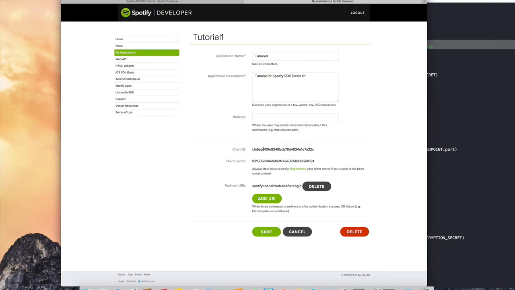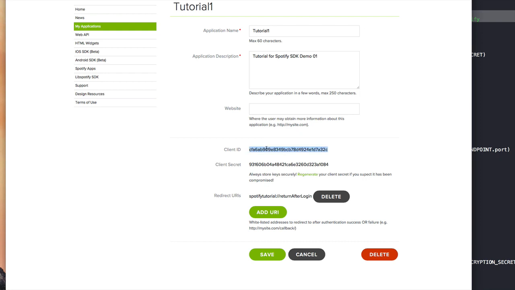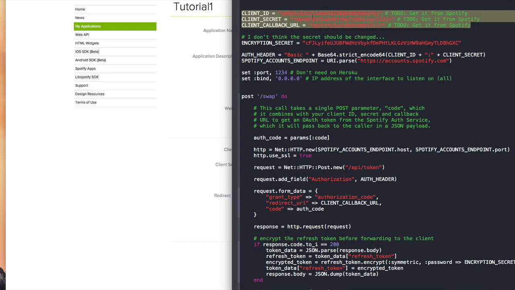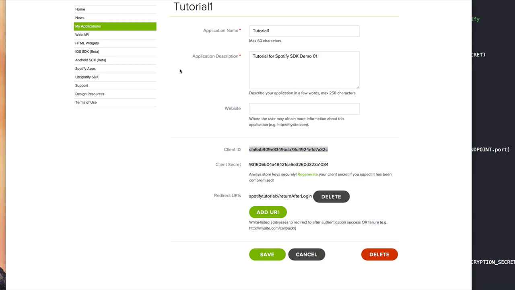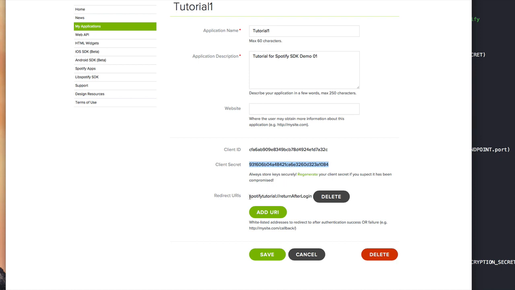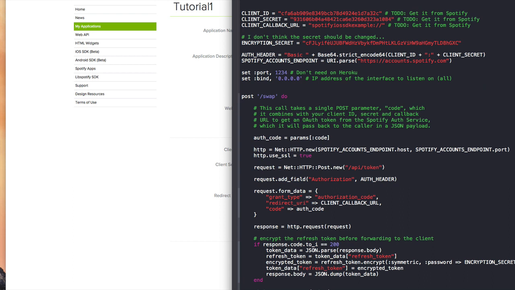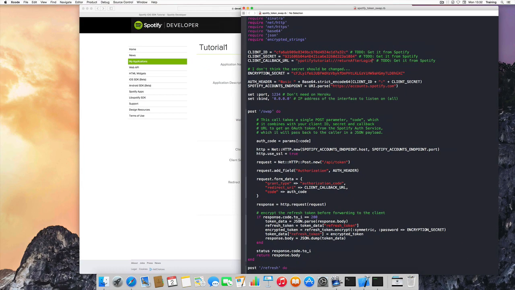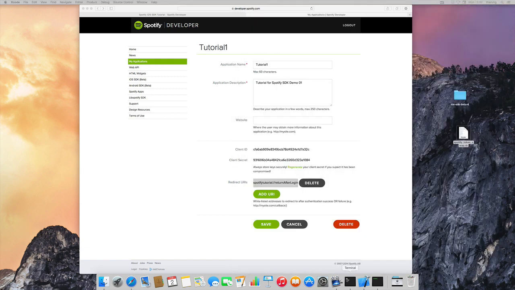page, and there is our client ID and client secret. So let me just copy the client ID and paste it here to client ID, and let me copy the client secret and also paste that here, and also copy the redirect URI and paste that here. So this is all, and let's save that file, and this is actually all the preparation we need for this Spotify token swap file. So we can close that now, but what we need to do is open up a